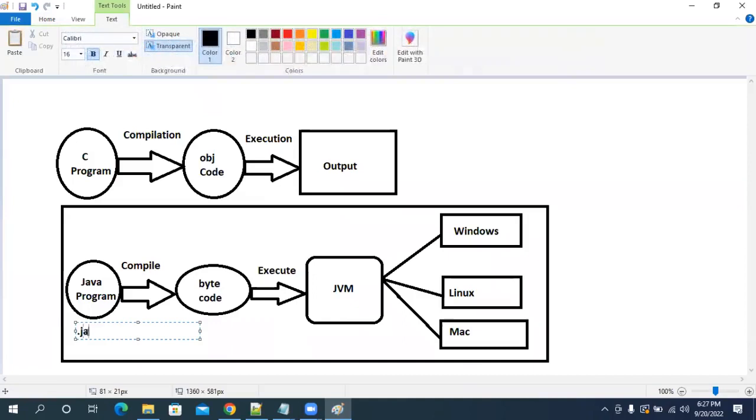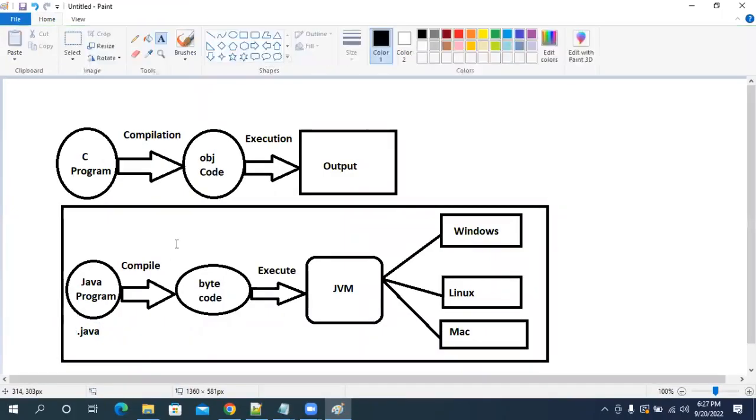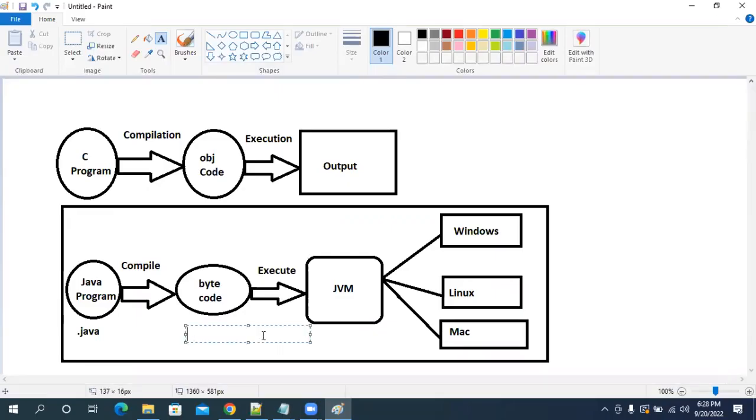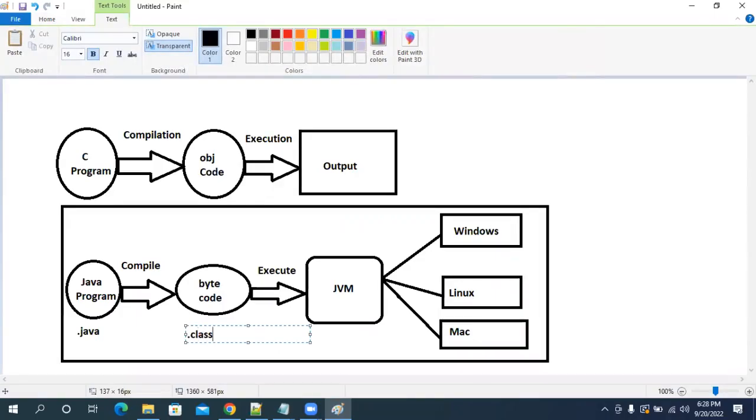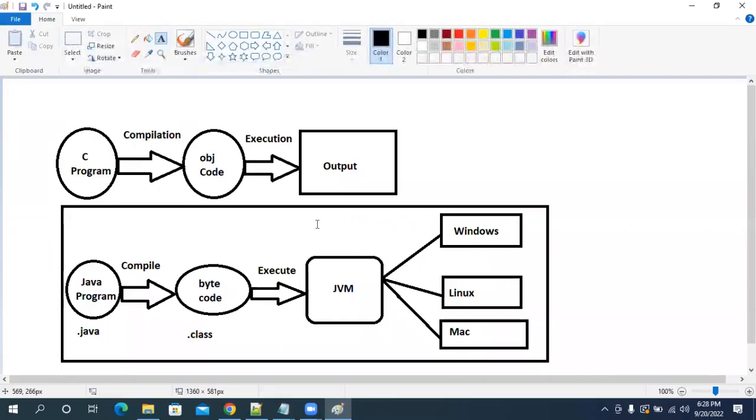Whenever we write a Java program, that file will have a .java extension. Just like a PDF has .pdf, Excel has .xls, text has .txt, images have .png or .jpeg, and videos have .mp4, similarly the Java file extension is .java. When you compile it, bytecode is generated with the .class extension. That is called a .class file.